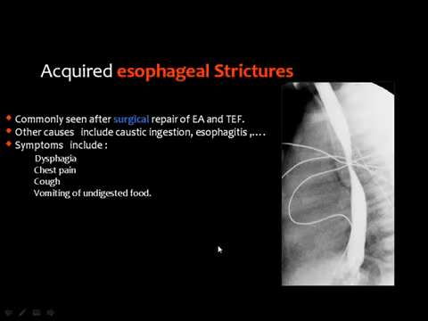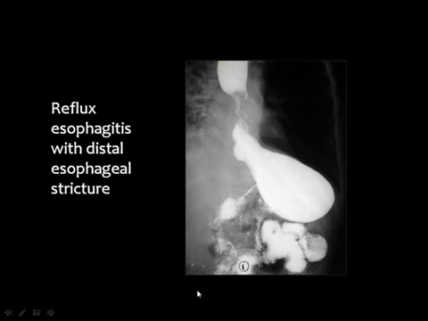Then acquired esophageal strictures are usually the sequelae of surgical interventions, but other causes include caustic ingestion and esophagitis due to reflux, and the symptoms of acquired esophageal strictures will include dysphagia, chest pain, cough, and vomiting. And here is an esophageal stricture which is secondary to reflux esophagitis. And you can see here this refluxing barium and the narrowed segment in the distal part of the esophagus due